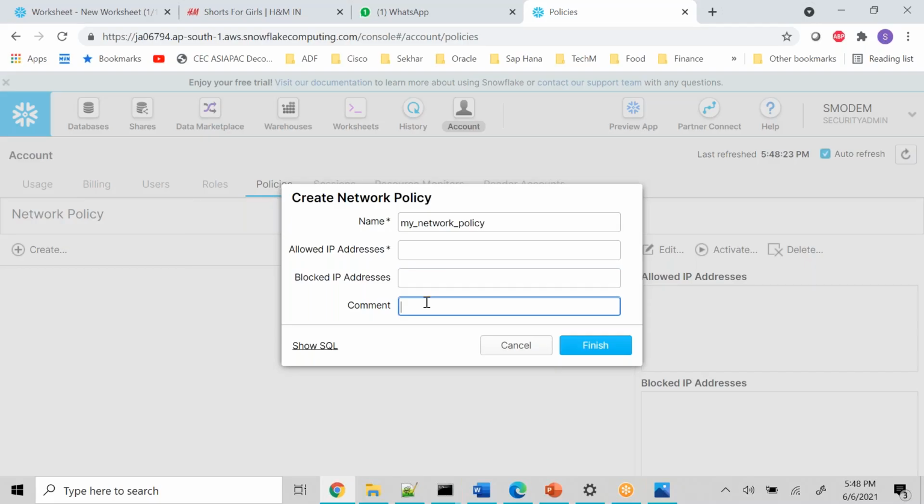So whenever you're trying to create a policy, make sure that the IP address that you have connected from is not part of the blocked IP addresses, because you have connected to Snowflake. So you can create a policy like